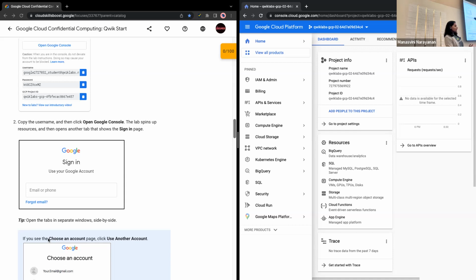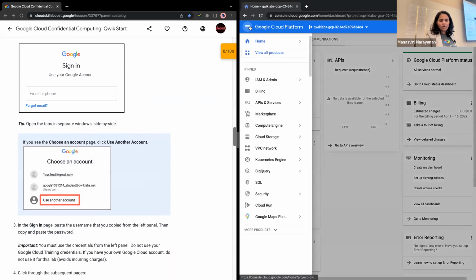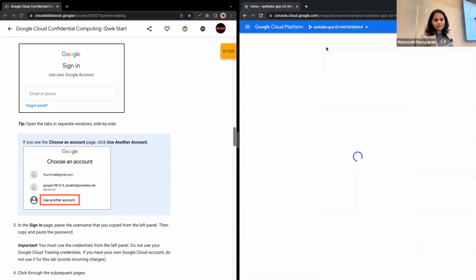We're also going to be making confidential clusters and non-confidential clusters, which I'll get into more detail as we go through the lab. So go ahead to this navigation menu, open it, and you can see Compute Engine. At Compute Engine, you'll see an option that says VM instances.